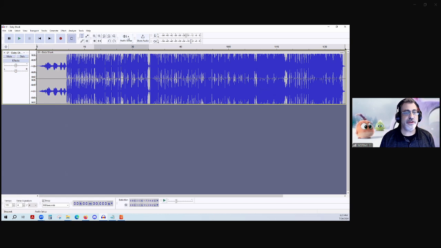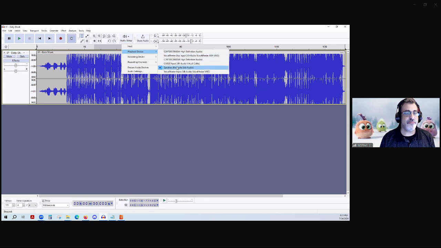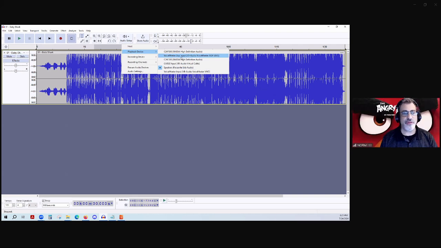Some of the other things on here are going to be when you set up your audio, your playback device. That's going to be pretty much your speakers, your headphones. I'm running this through a Focusrite DAC, right? A digital audio controller connector that connects to my mic and my headphones. So I've got it running through that. You can have it run through other tools like Voicemeeter, which is a virtual audio DAC, if you will. I don't have the speakers on my monitors, but you can run it through your monitor speakers. You can run it through your computer speaker if you want to, by default.